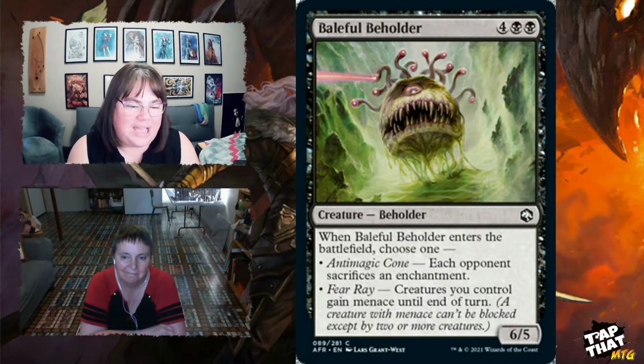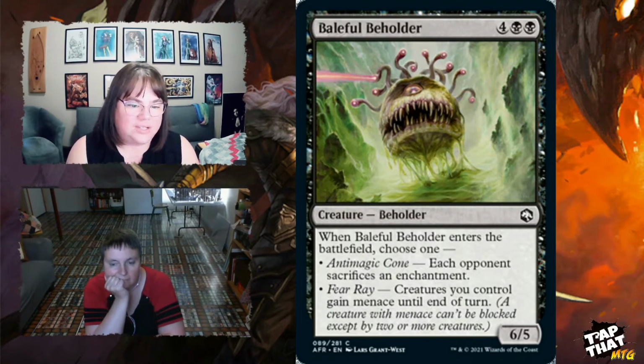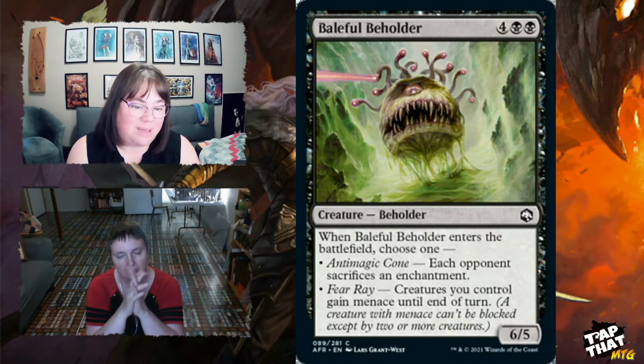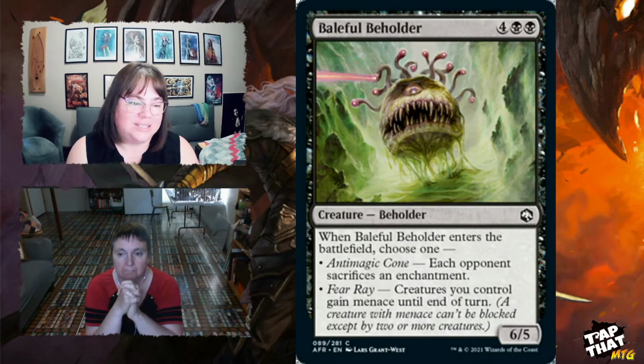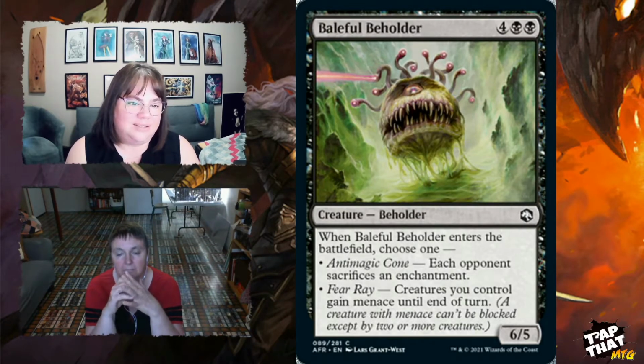If it's the only bomb you have, then great, but some of the abilities that it has aren't awesome. So when it enters the battlefield, each opponent sacrifices an enchantment. They may not have an enchantment, so that may not matter. Creatures you control gain menace until the end of turn. So again, you might not have any creatures when you need to put this out. So that's why we put it in the filler section. It's not necessarily one to overlook, but it's only filler. And then we have